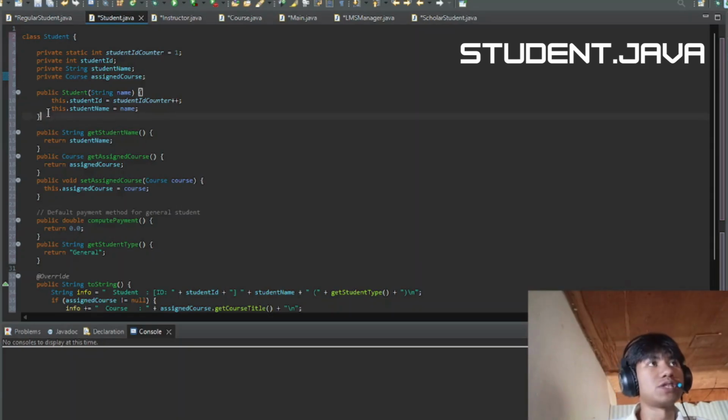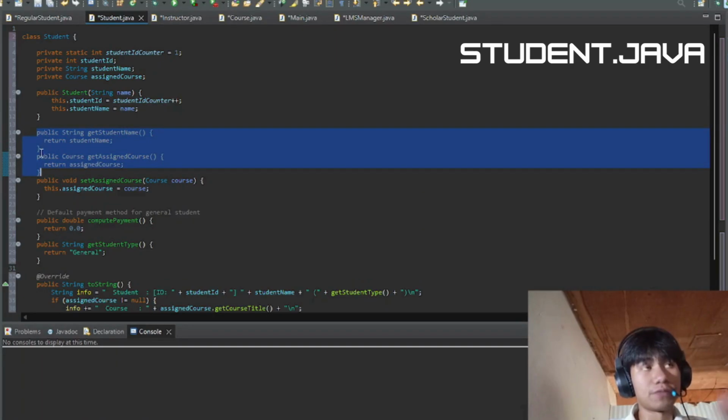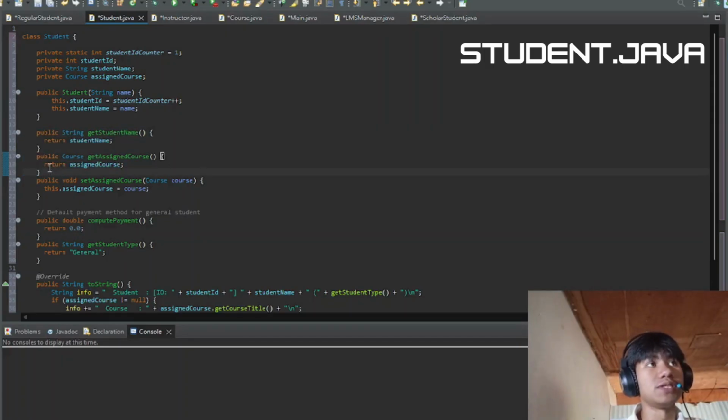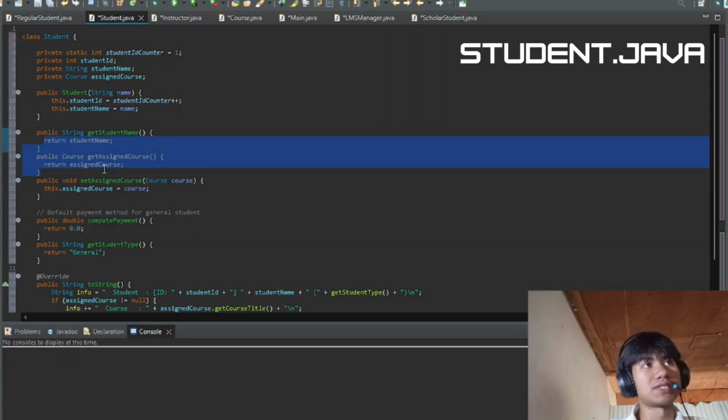We have a constructor which accepts a string name and assigns it to the field we initialized earlier. The first methods we have are the getters for student name and assigned course.